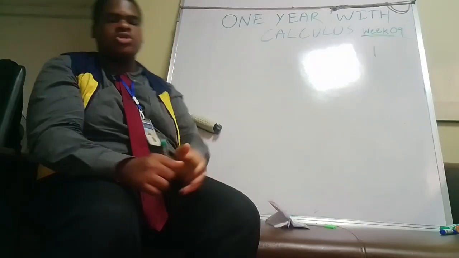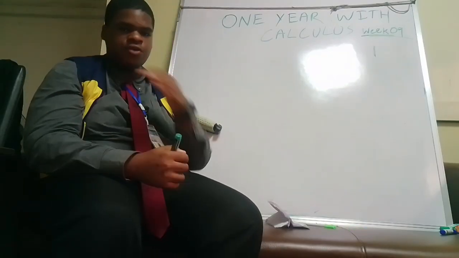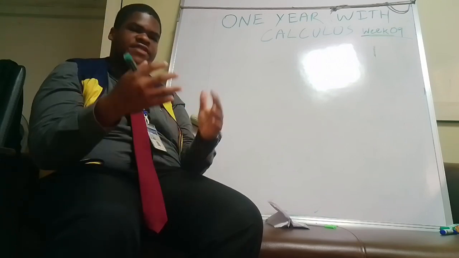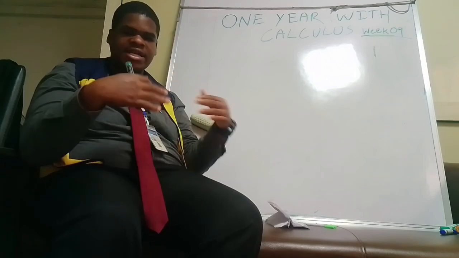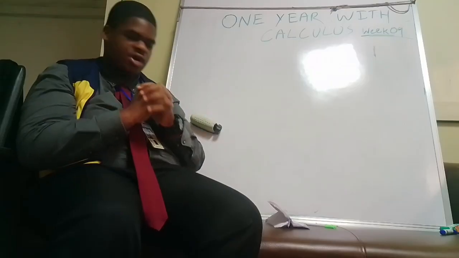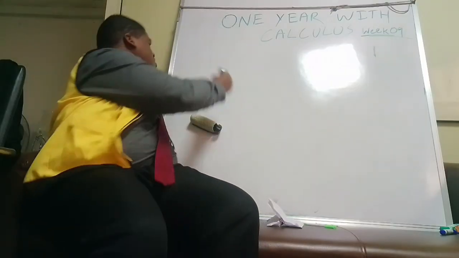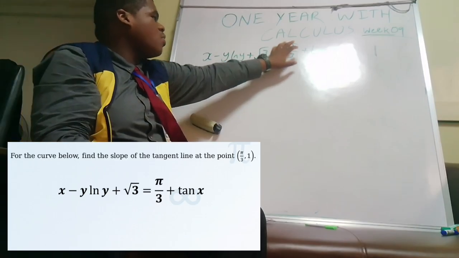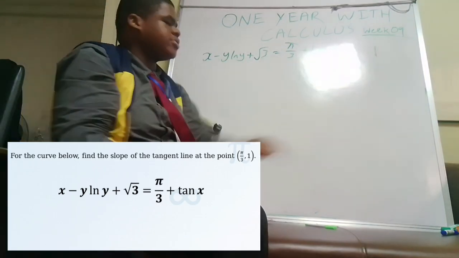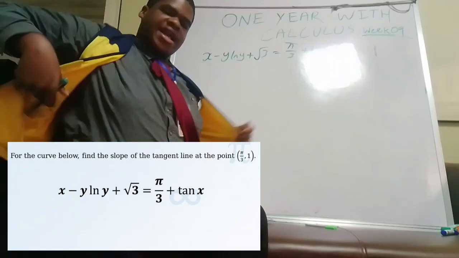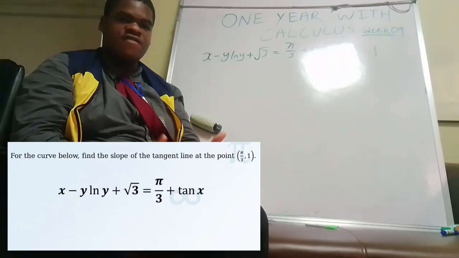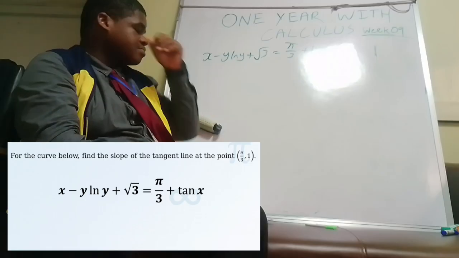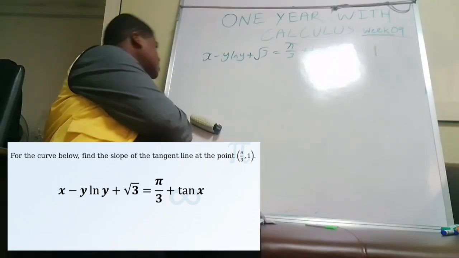In most cases, you are given an explicit function, that is y is equal to f of x. But in this case, you are given an implicit function where y and x are intertwined into a single expression. That expression is x minus y ln y plus root 3 is equal to pi over 3 plus tan x, where the variable x and the variable y are mixed together into one expression. And we have to find the tangent line